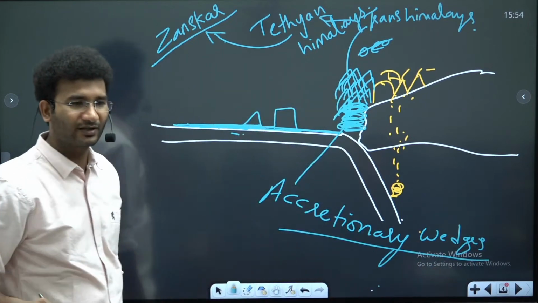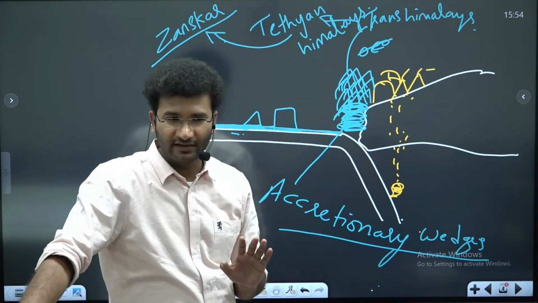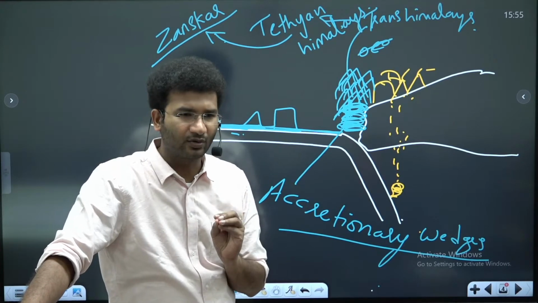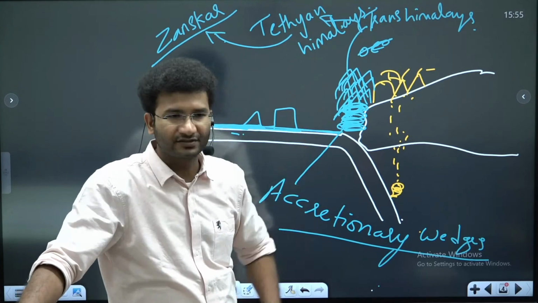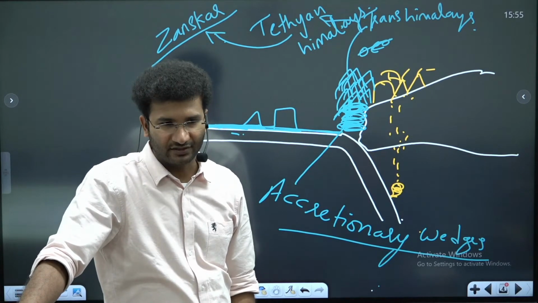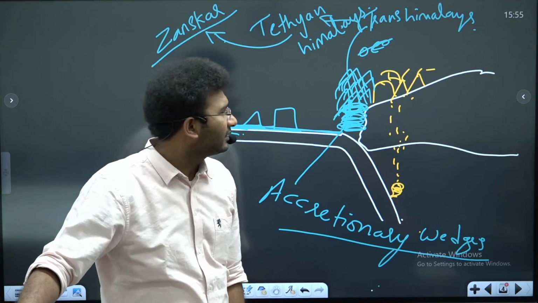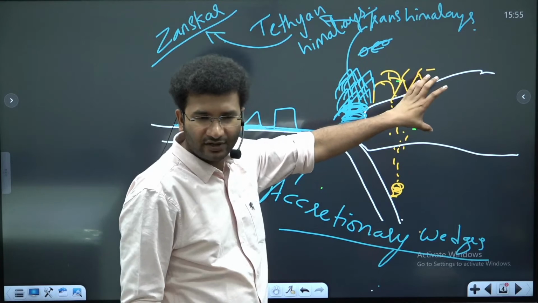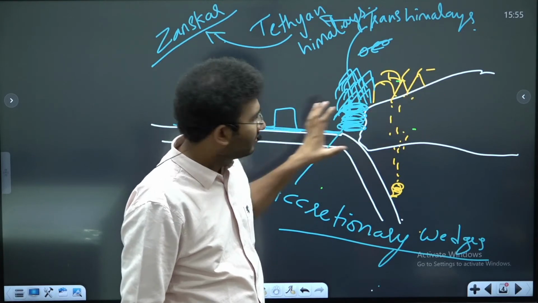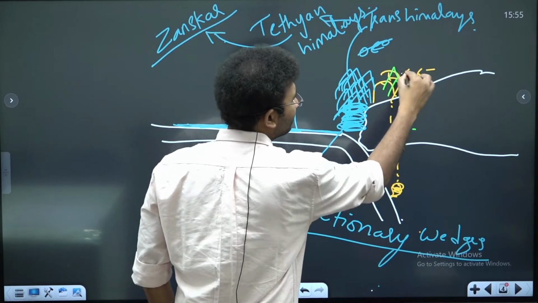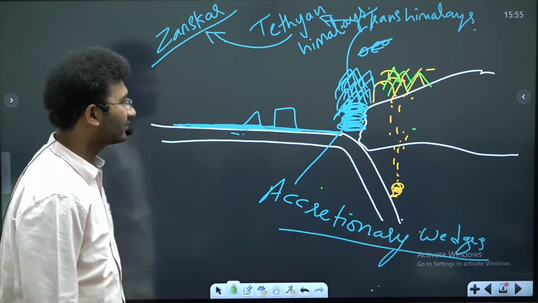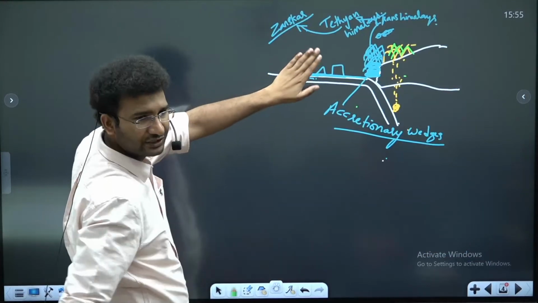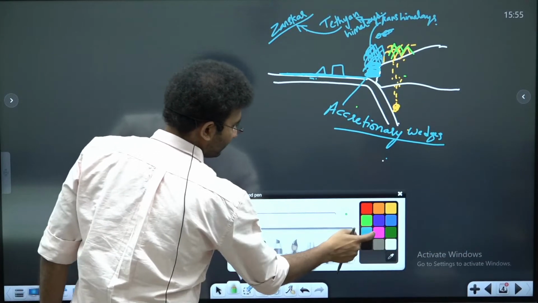एक्रीशनरी वेजेस मतलब सी का मिट्टी या सी के सेडिमेंट्स सब इकट्ठा एक जगह अगर इकट्ठा हो रहा है, that is your accretionary wedges. ठीक है, these are your accretionary wedges. Like that you got to see the rise of mountains here also. ठीक है, slowly ये जो कॉन्टिनेंट है ये भी फोल्ड हो गया ना, right? Now you got to see some volcanic arcs little later when this entire plate of ocean got struck. That means you get to see here,